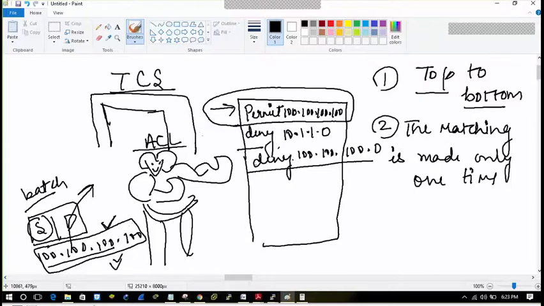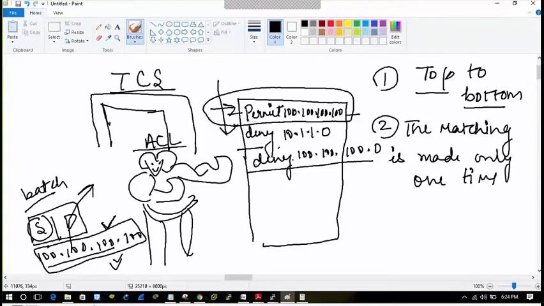But according to the ACL rule, the entry is matched from top to bottom and only one time. So now that the match is made, it will not be matched with any other statement. It has been done, it is being permitted. Are you getting it, Saru? Yeah. An entry will be matched only a single time.